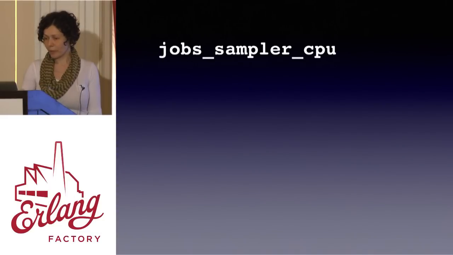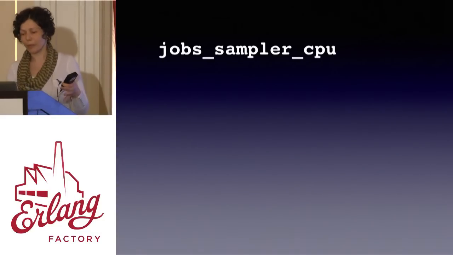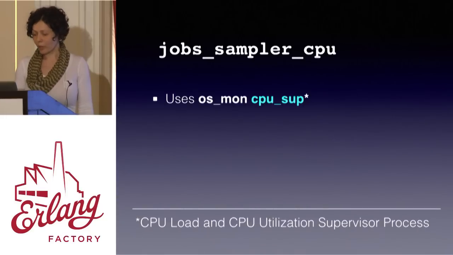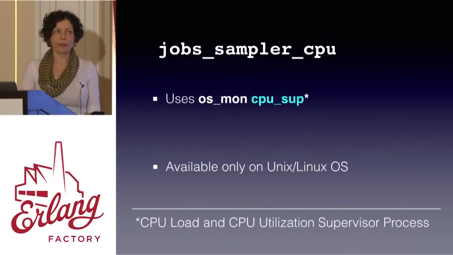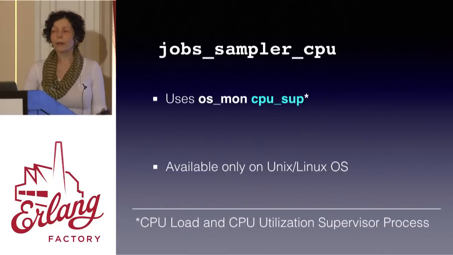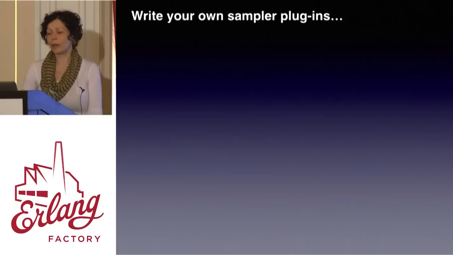Next, just a quick note about job sampler CPU. It only works on Linux and Unix because it uses OS mon CPU sup, which only works on those operating systems. So let's say you want to run this sampler framework on your Mac, it won't work. So to get a CPU sampler working on our Mac, we can